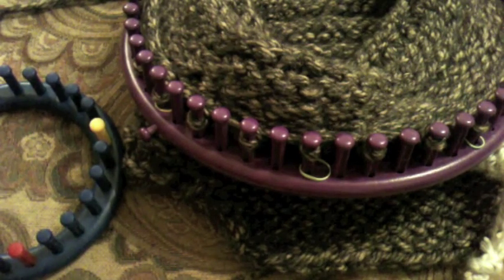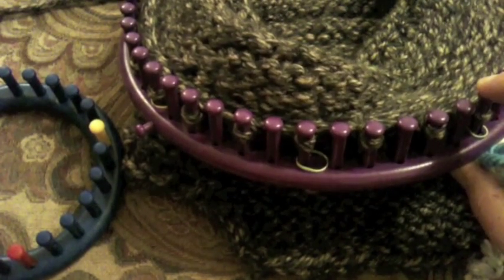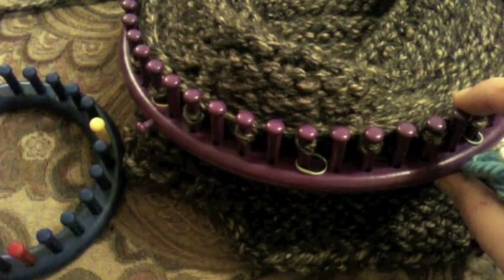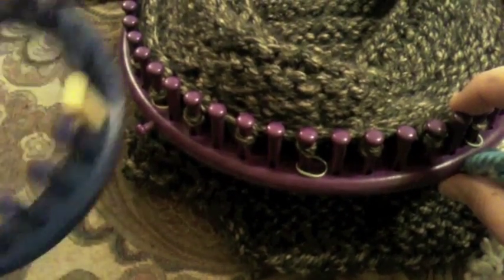I'm your host Kristen, and my friends with allfreeknitting.com and I would like to present you with the second part of decreasing the crown on your beanie or hat. And obviously you're going to want to have your 48 peg loom where it's already been decreased, and see part 1 if you haven't done that. We've moved it from 48 pegs with stitches down to just 24,